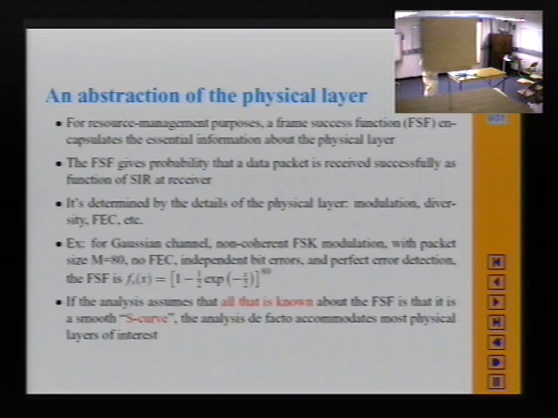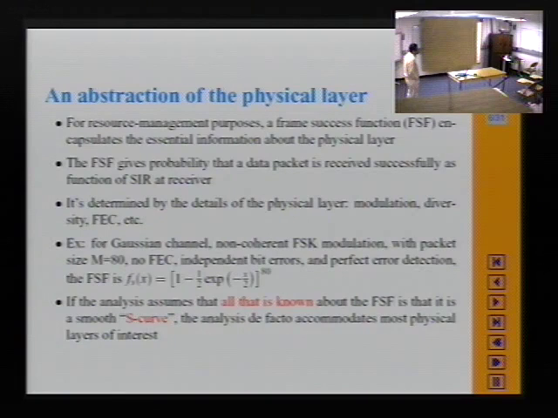Then lately he's using frame success rate function. But I'm going to stick with frame success function. But the frame error rate is a very common concept everybody talks about. So from our point of view, the frame error rate or the frame success rate tells us all we need to know about the physical layer. Once we get that function, we don't care anymore about modulation and diversity and all of those things for our purposes. So to determine the function, we need to know about the physical layer, things like modulation, diversity, FEC,